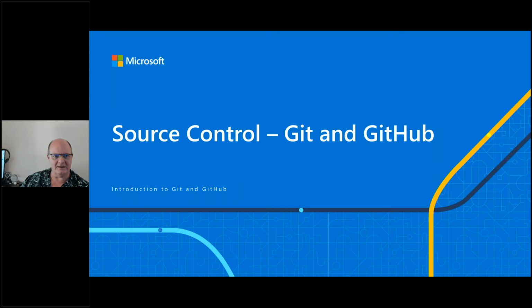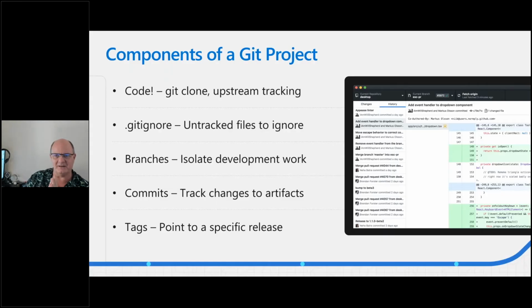Now, one way you can do that is with source control. We have Git and GitHub. And let's just look at a little bit of the key features, the components of a Git project. In this case, we've got code. Of course, everyone's familiar with code. We've also got a file called gitignore,